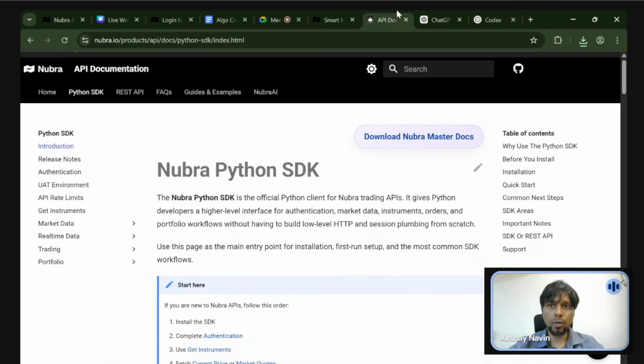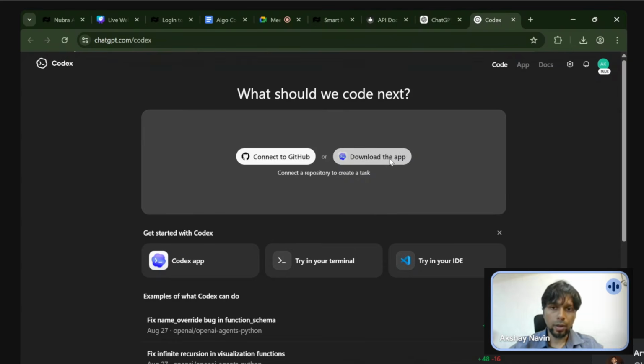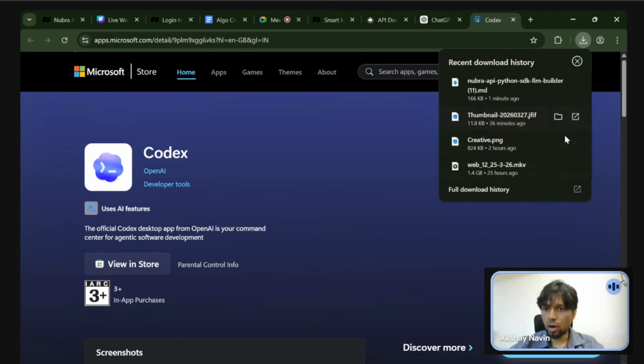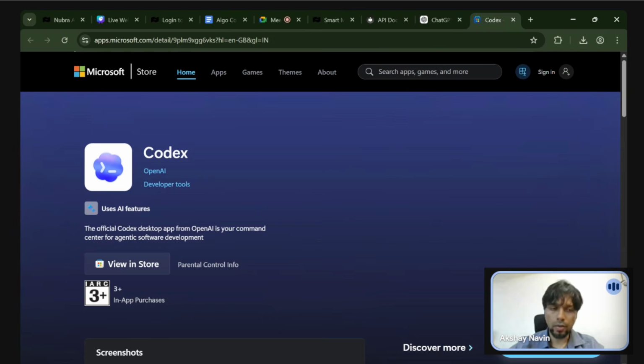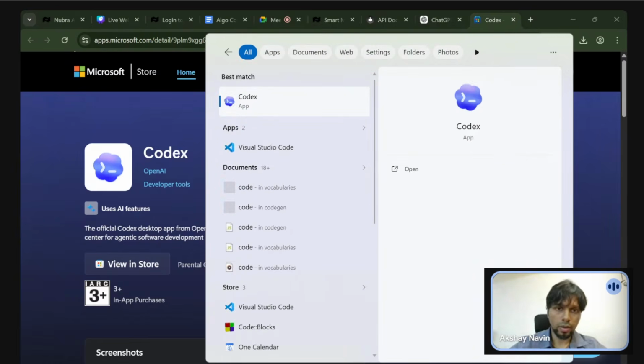So the steps I would do: I would go to ChatGPT, click on Codex, and download the app from here. When I click on download the app, it takes me to Microsoft's App Store. Since I already downloaded it, it doesn't show the tab for download. For the rest of you, you'll probably have a download tab here if you haven't downloaded it. Once you click on it, it'll show up in the downloads page. And then once you run the installation, Codex will look something like this. So if I click Codex here,